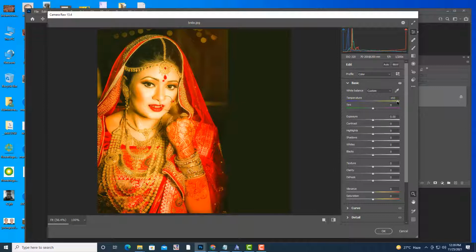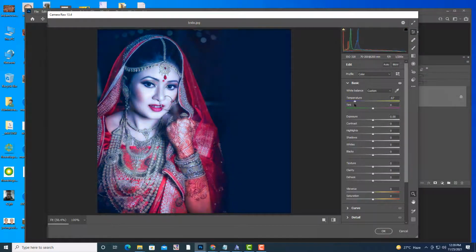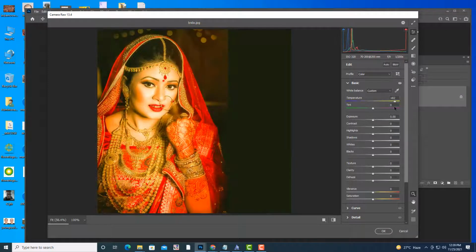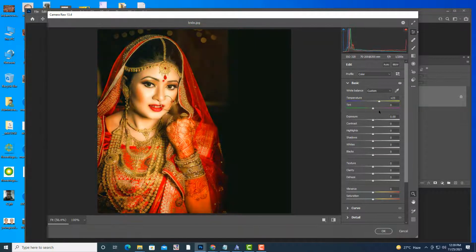What is the opposite of yellow color? Blue. So warm colors and cool colors. Yellow is a warm color. Inside a fire, the hottest part is yellow. And the cool color is blue.